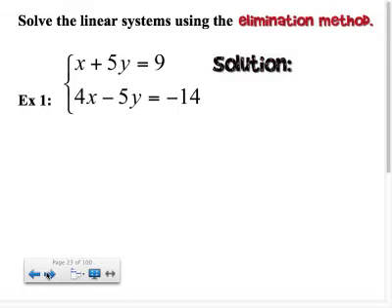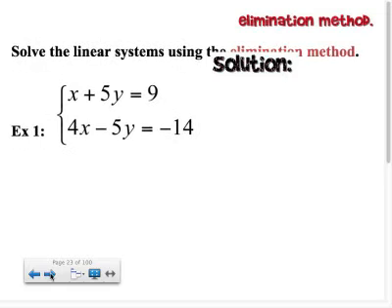Let's just review. So it says solve the linear systems using the elimination method. So remember, substitution, you'd have to pick one equation, get a variable by itself, and then plug that into the other equation to solve for the variables. In this particular section, all we're going to do is look at these two equations together, and we're going to say, okay, so I look at this, and I realize that if I just take these two